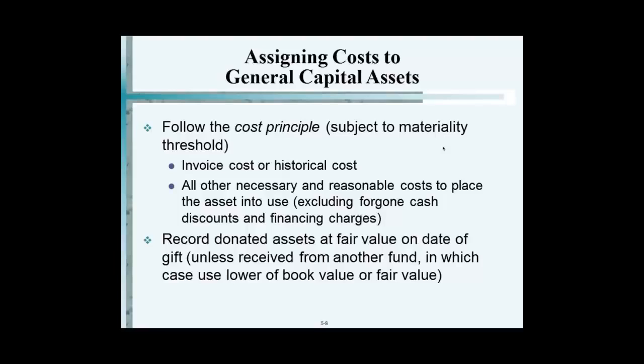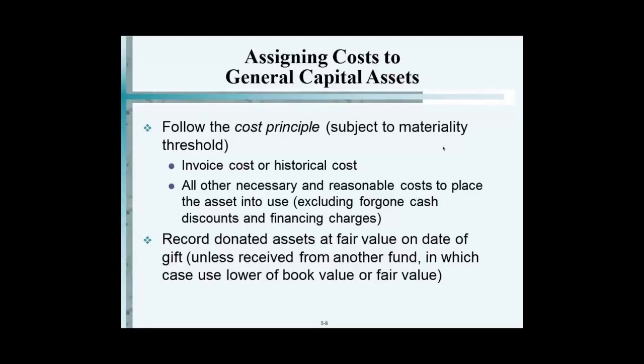So you purchased an asset for $1,000, $1 million, whatever it might be. It costs you $20,000 for transportation. It costs you $20,000 in legal fees. What's your total cost of that asset? Is it just 1 million or 1 million plus those two items? Plus those two items. It has to be what it takes to put that asset to use. All right? Let me give you another example.